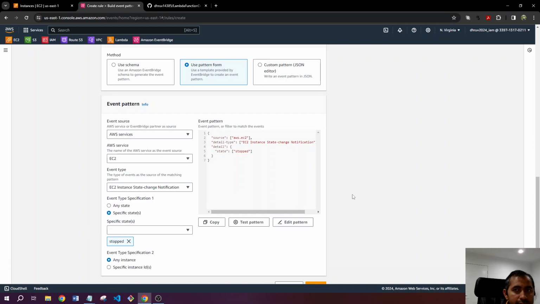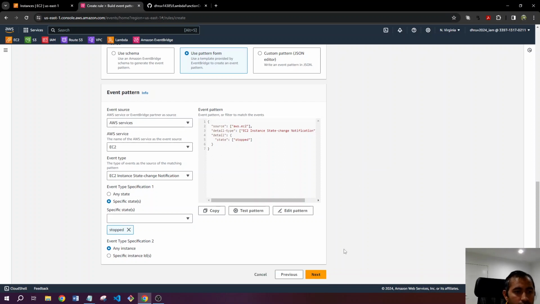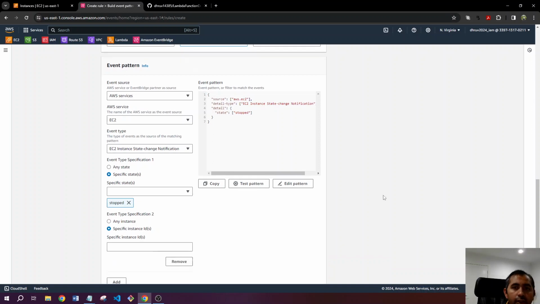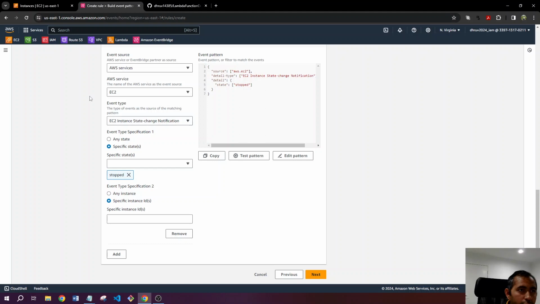So once the EC2 instance is stopped, this event will be triggered and it will trigger the Lambda function, and the Lambda function will start the EC2 instance again. And we need to enter a specific ID here. So this is very interesting, because what we will do